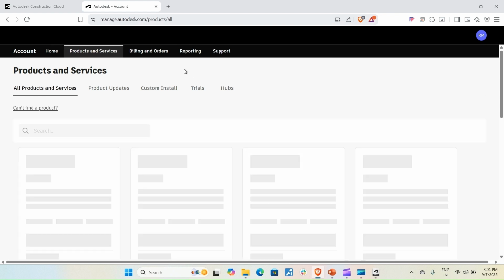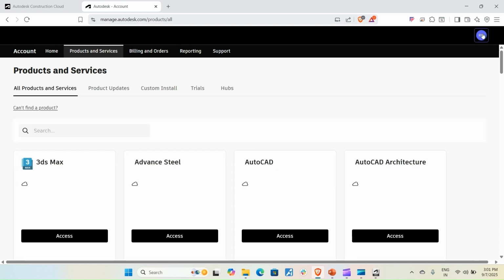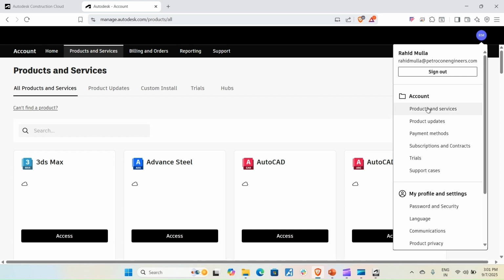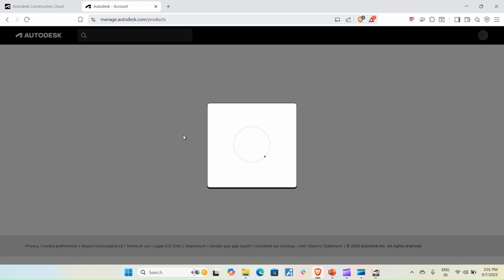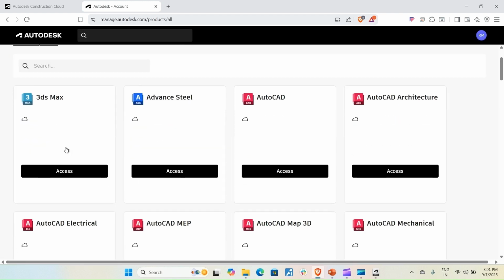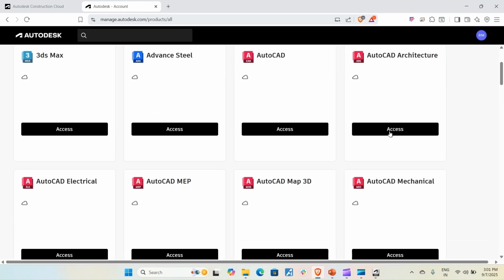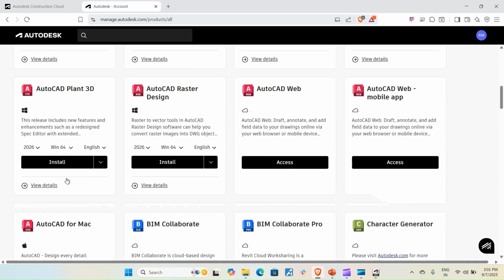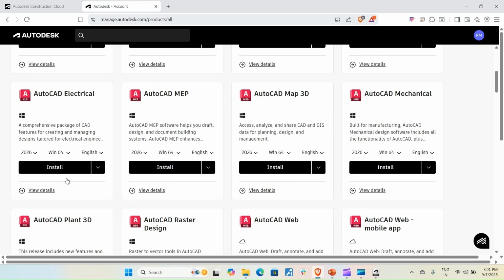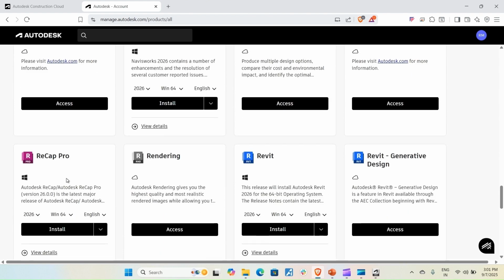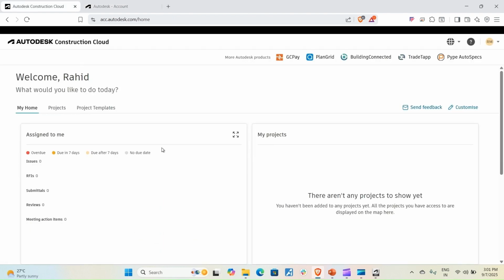So just to save that time, we are logging in using the same browser. Here, if I go to products and services, you can see that there are multiple softwares which Autodesk has given access to me, and I have got access to these many applications because of this AEC subscription.